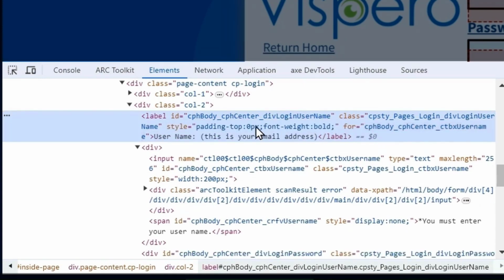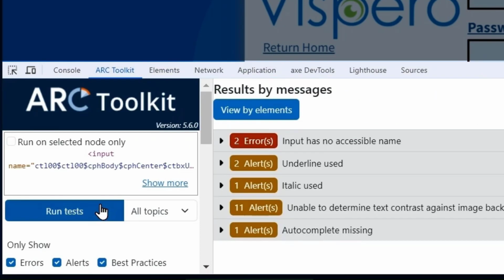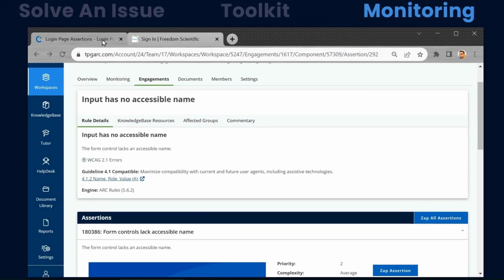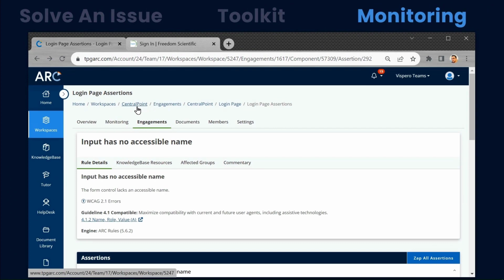Okay, done. Now let's rerun the Arc Toolkit scan. Only 2 errors now. Notice the error for the username field is no longer present. However, Arc Toolkit's results are ephemeral. They aren't saved. Now, let's go back to Arc. Let's select the central point workspace.